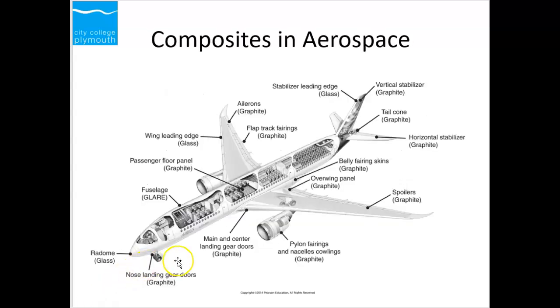Now here you go, that's the example. You can see composite in aerospace. All the wing and all that is composites. So you can actually see